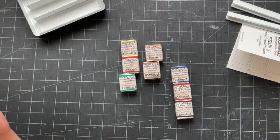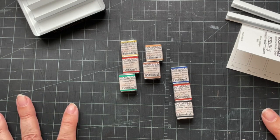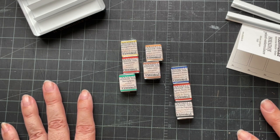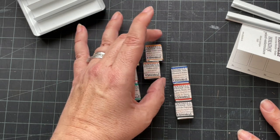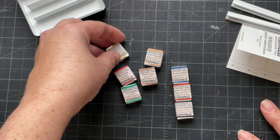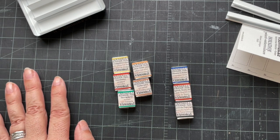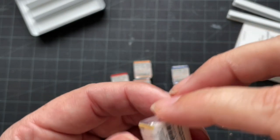I know the Schmincke brand is fantastic, so I have no reason to think that these are not top-notch. They're just using a little bit of the older pigments, but not old as in they've been sitting around for 100 years. It's just that the formulation that they would have used before has changed. So let's get them unwrapped, starting with,